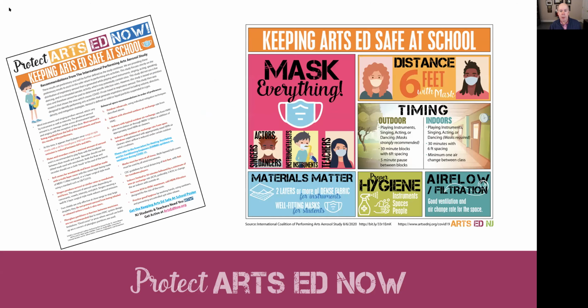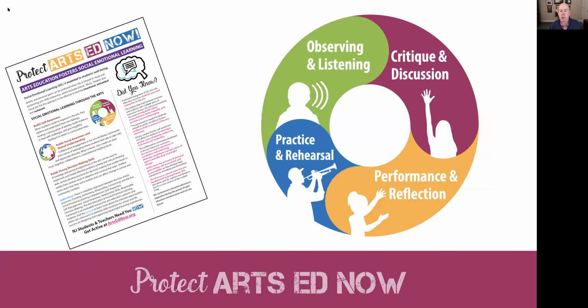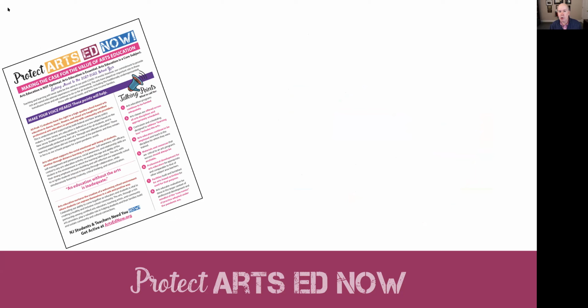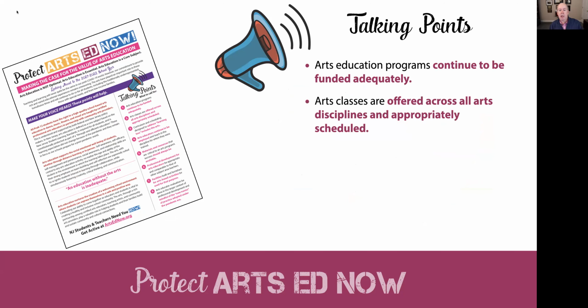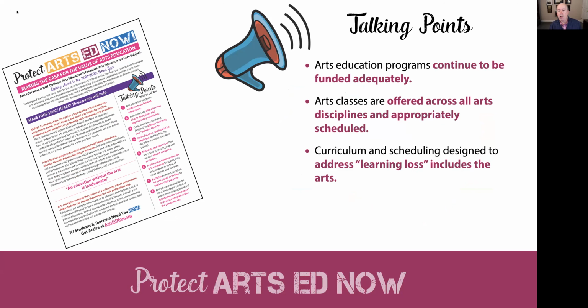The first tools that we have are information on keeping our programs safe, mitigating strategies to allow for our programs in and during COVID and as we come out of COVID. Also, how to address the social emotional learning needs of our students, and strategies and talking points that are important to keep in mind at this particular time, including making sure our programs are adequately funded, that arts classes are offered across all of our disciplines, that our scheduling is designed to address learning loss, also addresses learning loss in the arts,